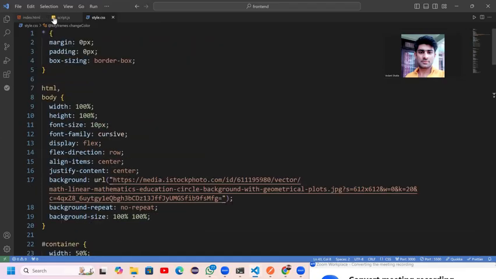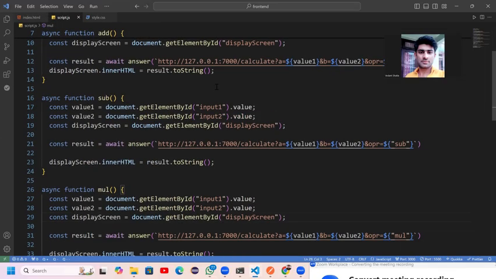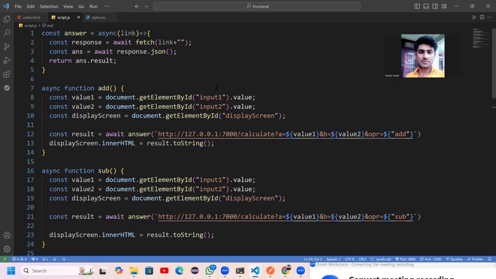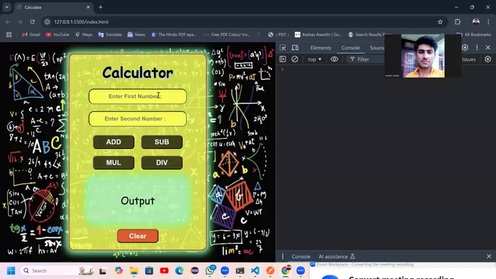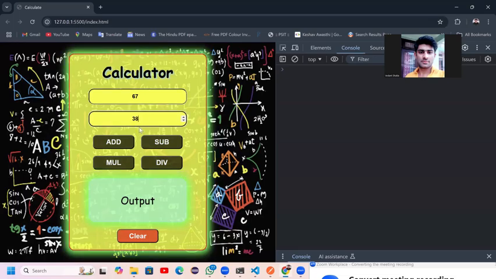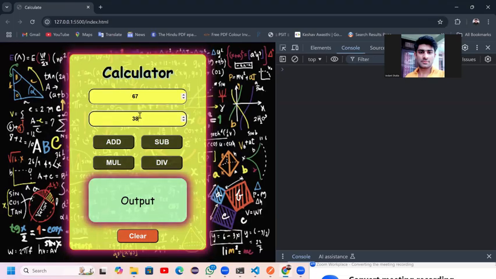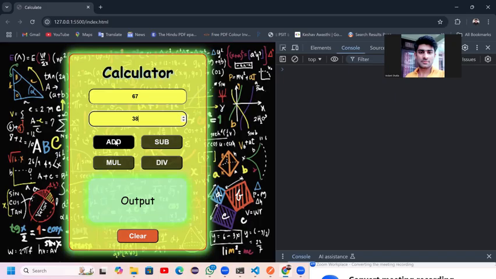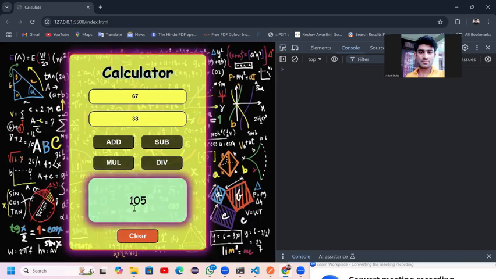तो अब स्क्रिप्ट पे आते हैं। तो ये मेरी मेन फाइल है। देखो अब इसमें क्या हो रहा है। जैसे इमेजिन करते हैं, मैंने यहाँ पे 2 नंबर डाले, 67 एंड सेकेंड नंबर इज 38। जब मैंने डाला और यहाँ पे प्रेस किया ऐड, तो मुझे आंसर मिल रहा है 105।